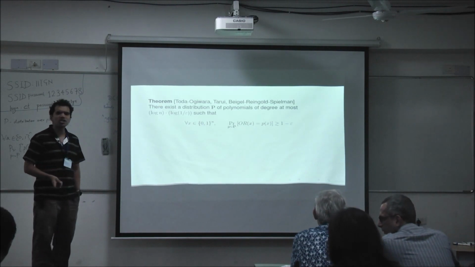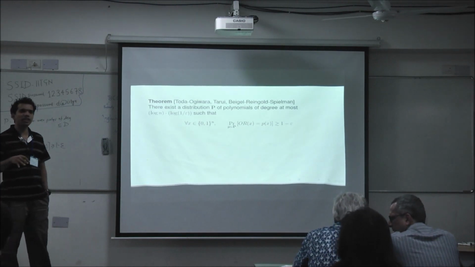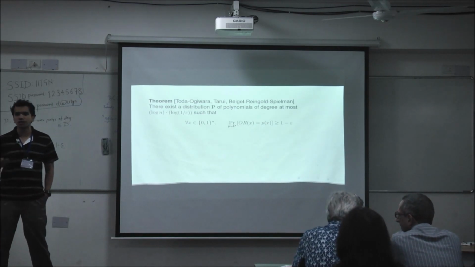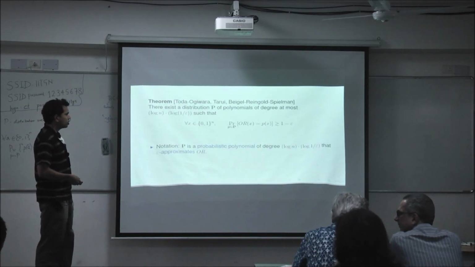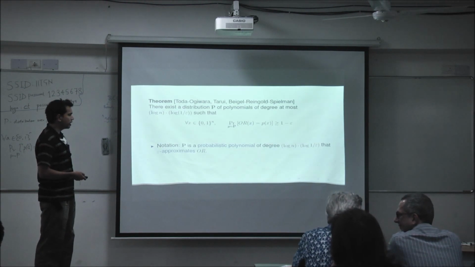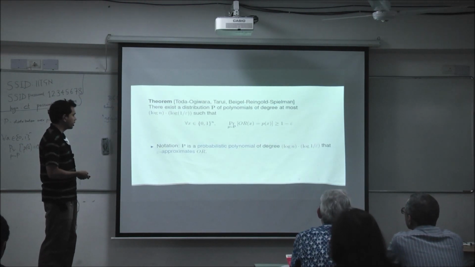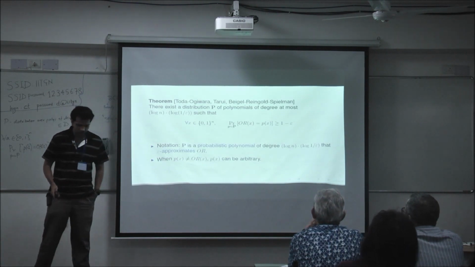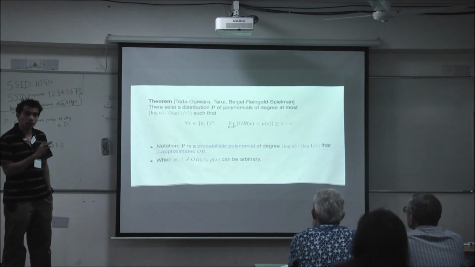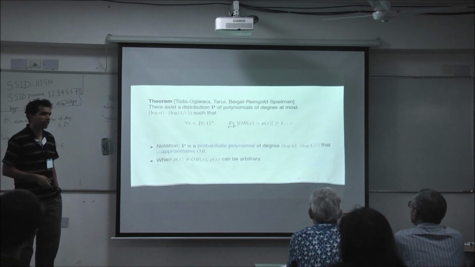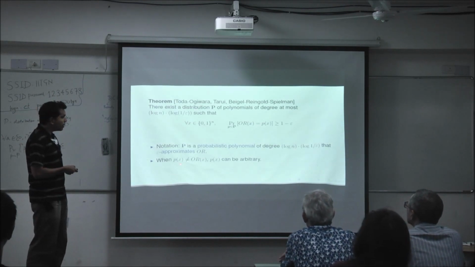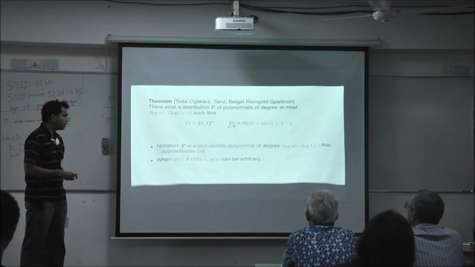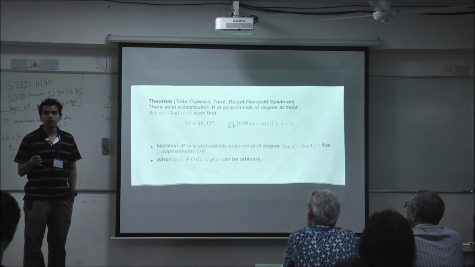Once you have this construction, you can plug it in the same way we did over F2, to get approximating polynomials for all of these. This is called a probabilistic polynomial, as I defined it. And here's an important point that is not a problem over F2, and that's what makes the real case significant. The polynomial is equal to the OR function with high probability. Now you can ask what happens when the polynomial is not equal to the OR function.